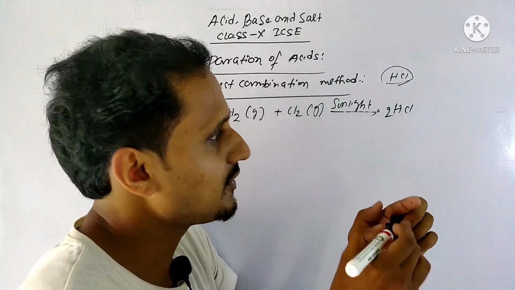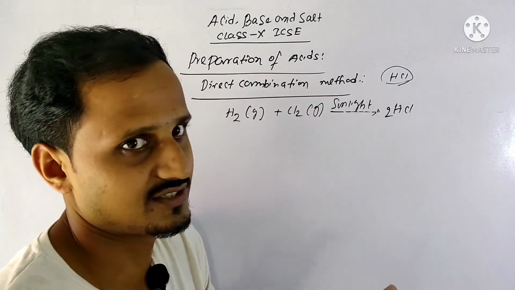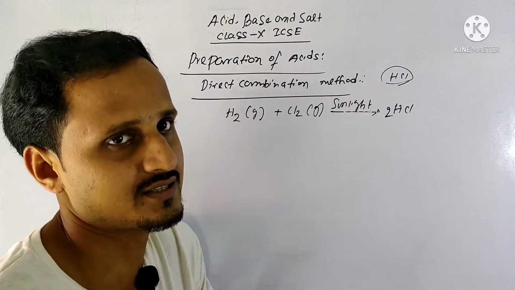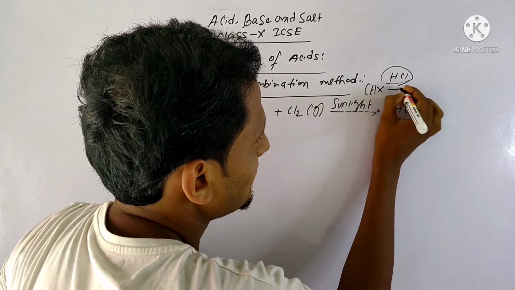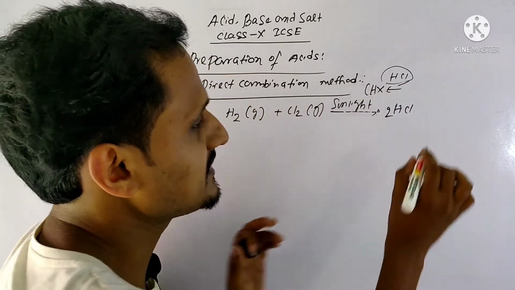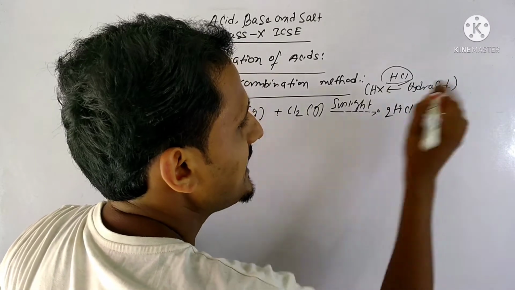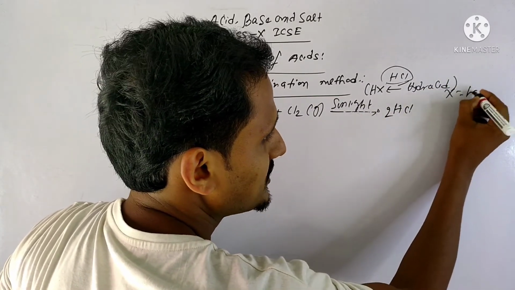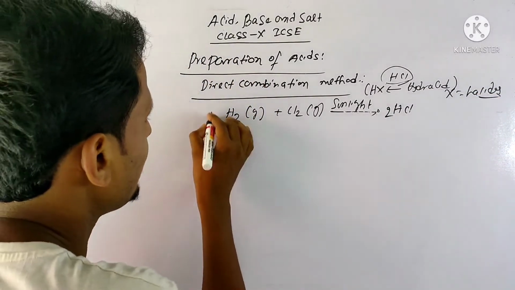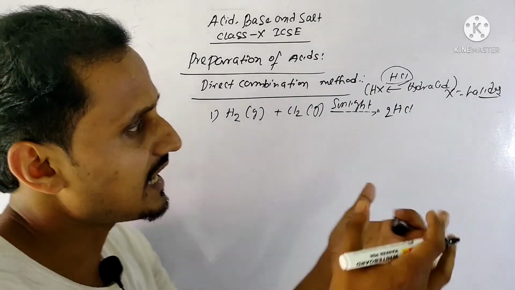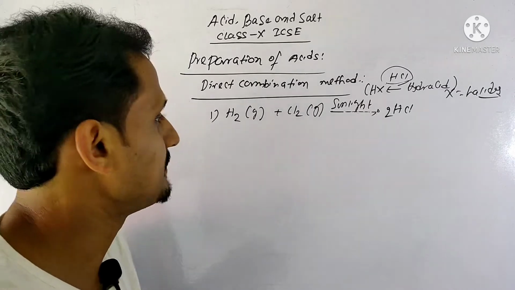Now this acid is a hydroacid. Why hydroacid? Because this acid contains hydrogen but no oxygen. The acids which contain hydrogen and a halogen are the hydroacids, which can be considered as HX. X means halogens or halides. So this is the first preparation, of HCl. Now corresponding other halides may be there, like HBr, HI, HF, we can prepare.